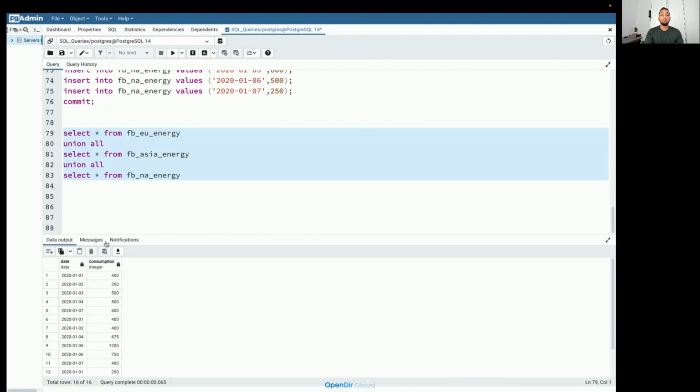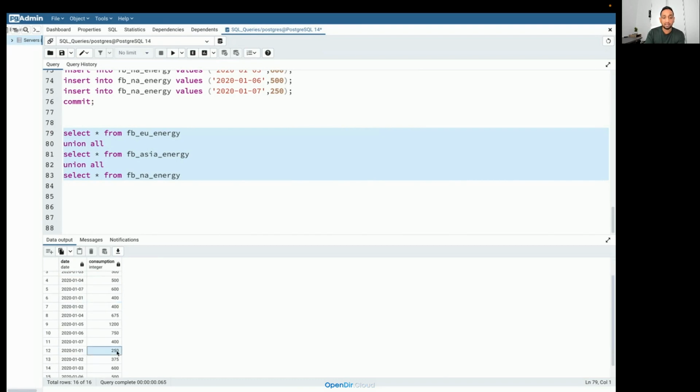Now what next? Once I have got this, my intention is to find which day there was the highest energy consumption. How do I find which was the day with the highest energy consumption? You can see I have some energy consumption for first Jan, then again for first Jan some other energy consumption, and again for first Jan some other energy consumption, right?